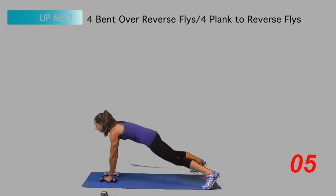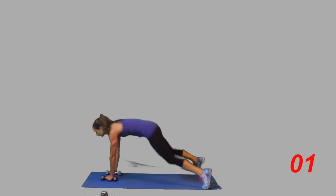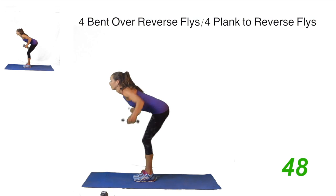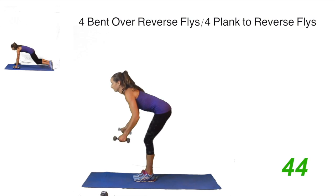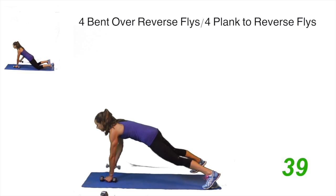Next, we have 4 bent over reverse flies, alternating with 4 plank to reverse flies, starting up in 2, 1. Here we go. So again, you want your lighter weights for this. You're gonna hold on to both dumbbells and with your knees bent and bending over at the hips and back lengthened and flat. You're gonna do 4 reverse flies